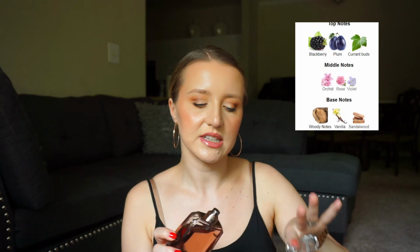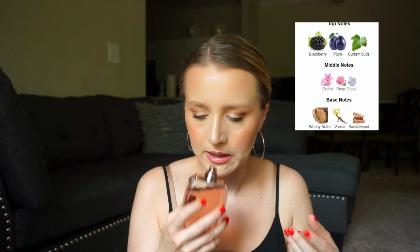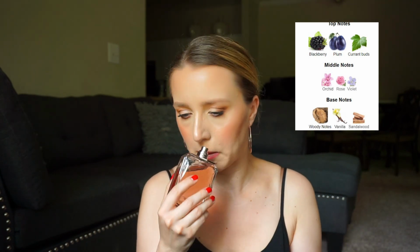I mean, yes, you get a little bit of that Chanel Coco Mademoiselle kind of DNA, but it's its own perfume because this has plum in the top and it makes it really fruity, where Chanel is more citrusy and patchouli, and this is more plum, so it's more fruity. It can make me a little bit nauseous, so I have to be...